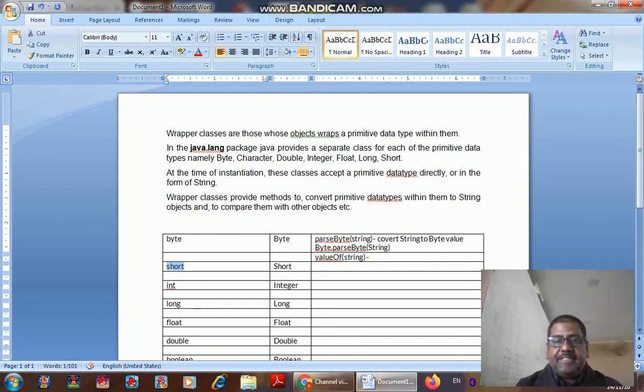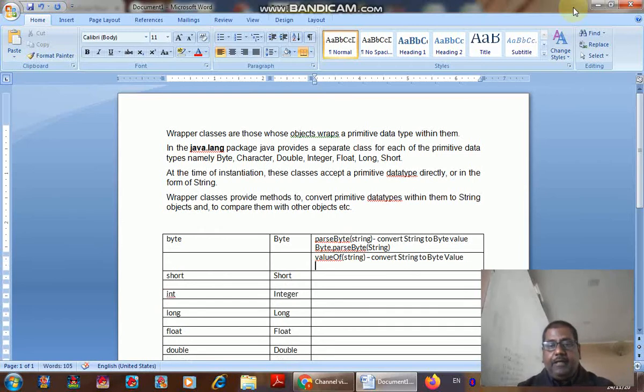The function of this one is the same: it will convert a string value to a byte value. The process is the same, and the method of using it will be Byte.valueOf, and within the parameter I am going to pass the string value.